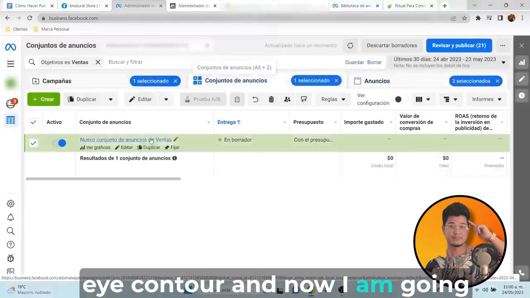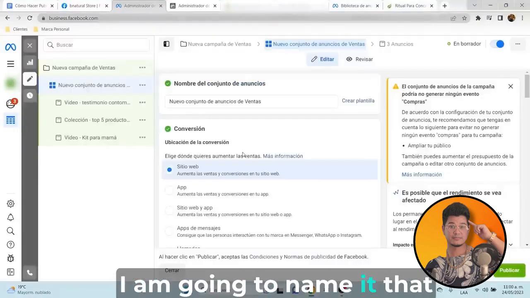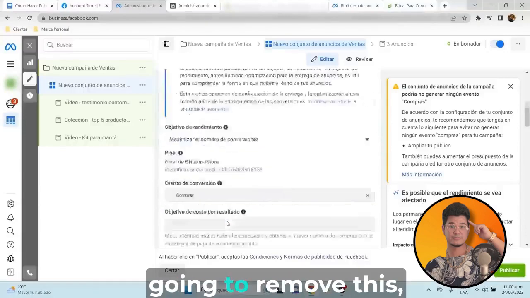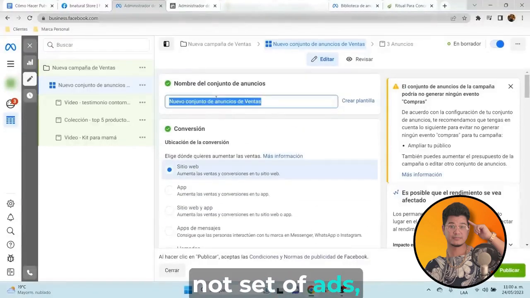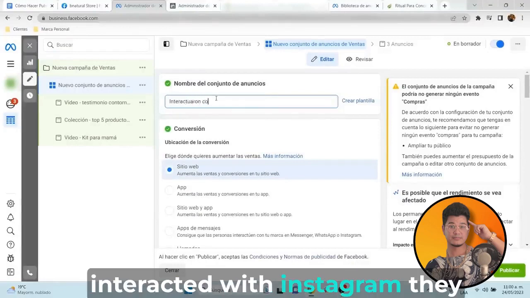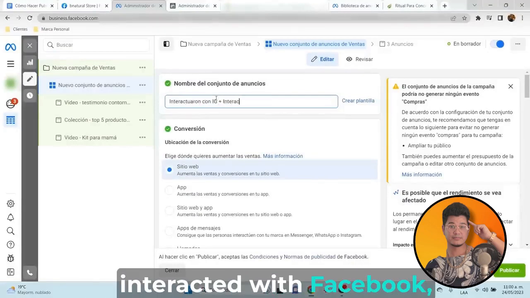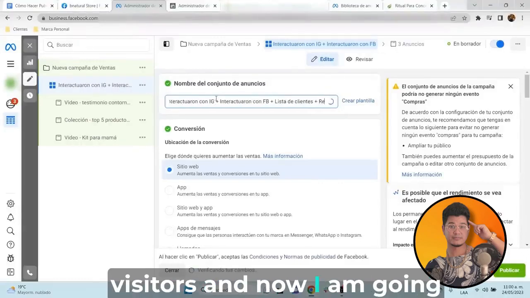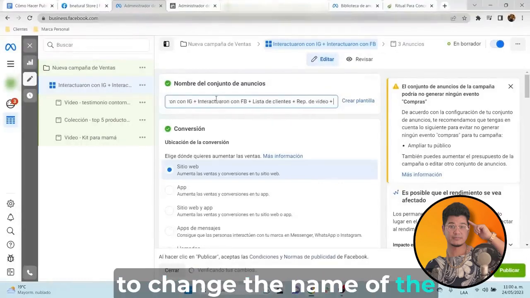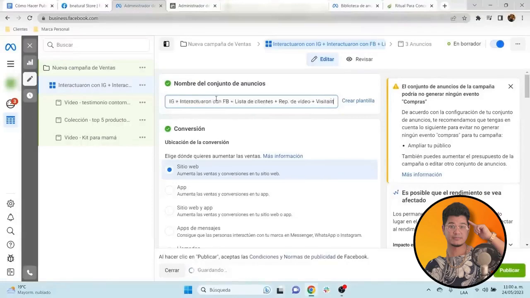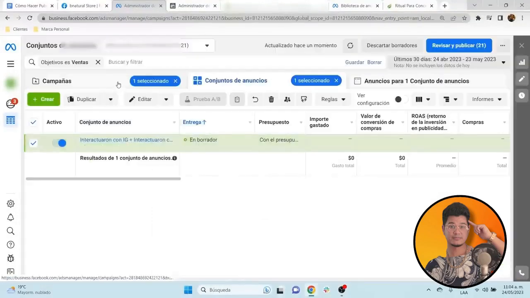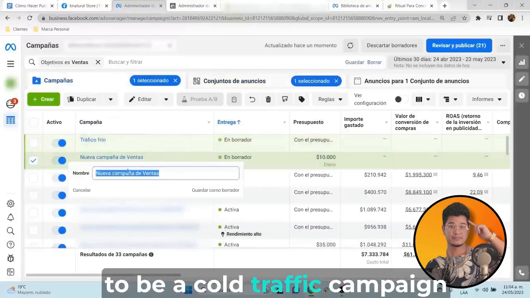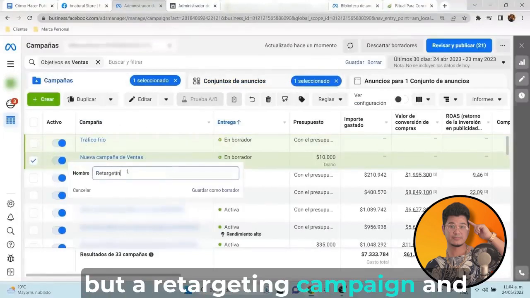And now I am going to go to the ad set level, and I am going to name it accordingly, and here I like to place these audiences, so I'm going to remove this, the ad set. I'm going to place: they interacted with Instagram, they interacted with Facebook, customer list, video views, and finally web visitors. And now I am going to change the name of the campaign, and this is not going to be a cold traffic campaign but a retargeting campaign,